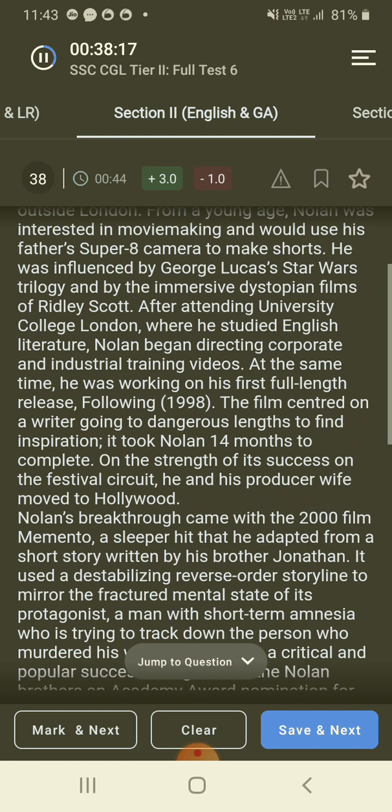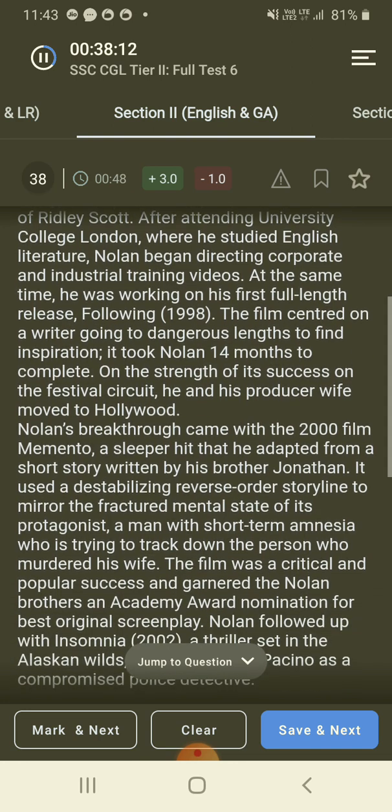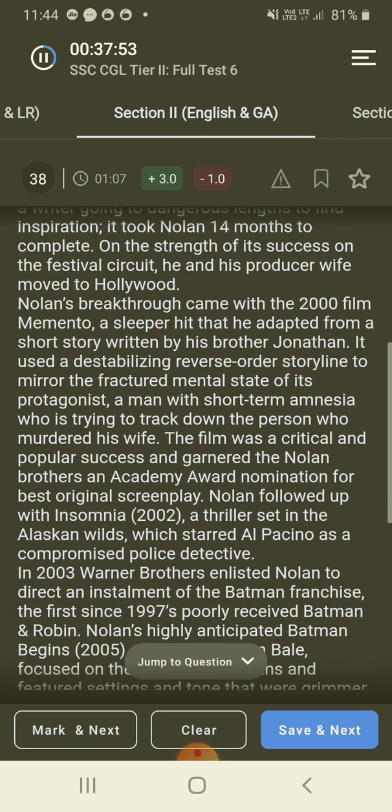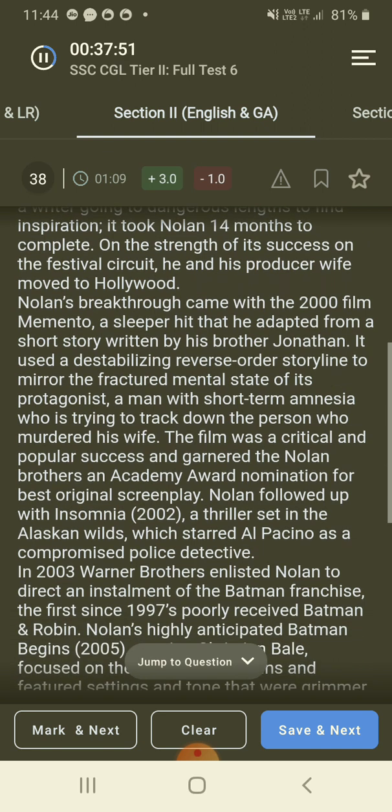At the same time, he was working on his first full-length release following 1998. The film centered on a writer going to dangerous lengths to find inspiration. It took Nolan 14 months to complete. On the strength of its success on the festival circuit, he and his producer wife moved to Hollywood. Nolan's breakthrough came with the 2000 film Memento, a sleeper hit that he adapted from a short story written by